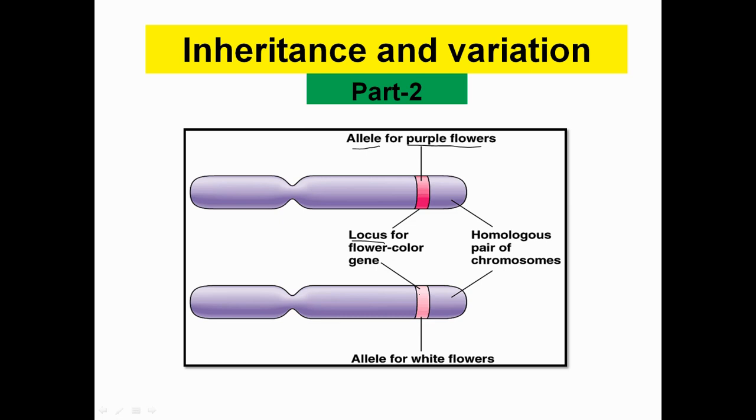Okay, so now you have a clear-cut understanding about all of the concepts which we have discussed in the previous tutorial, that is allele, gene, and homozygous, heterozygous. In homozygous we have discussed homozygous recessive and homozygous dominant. I hope this part is clear. Come to the next section of this tutorial.